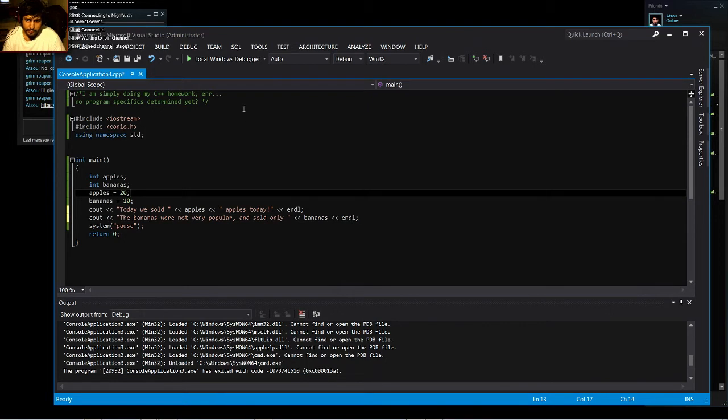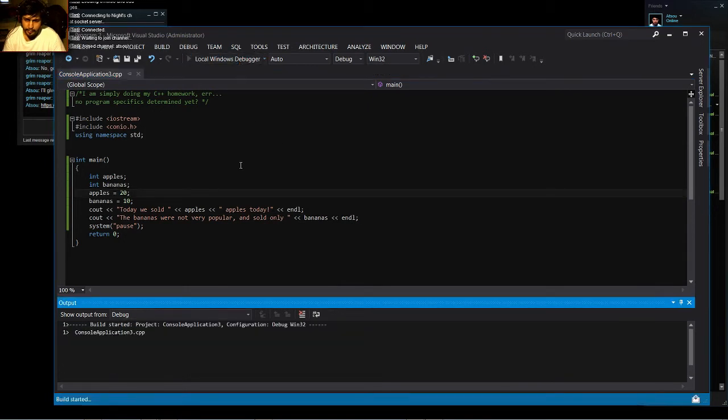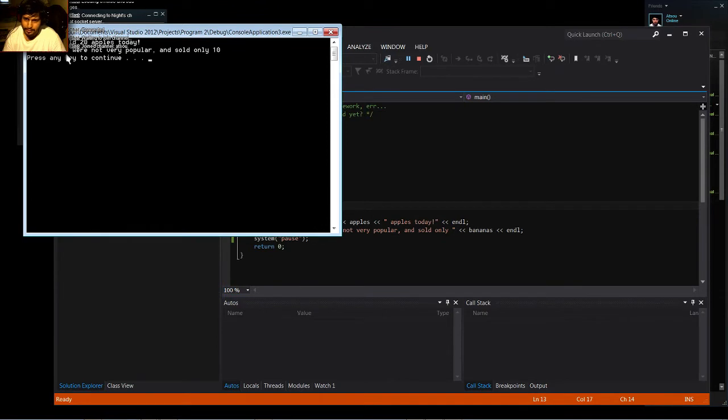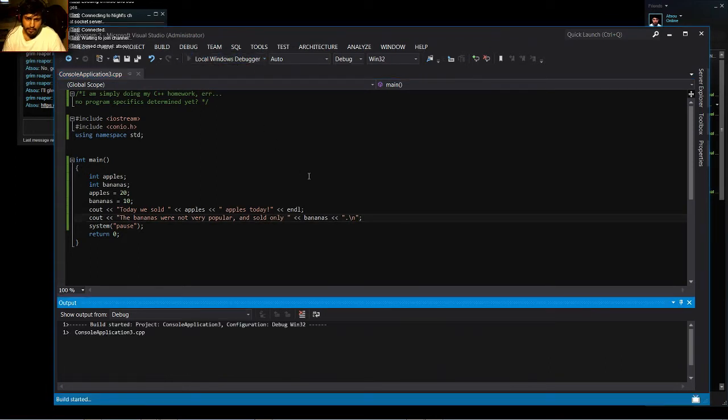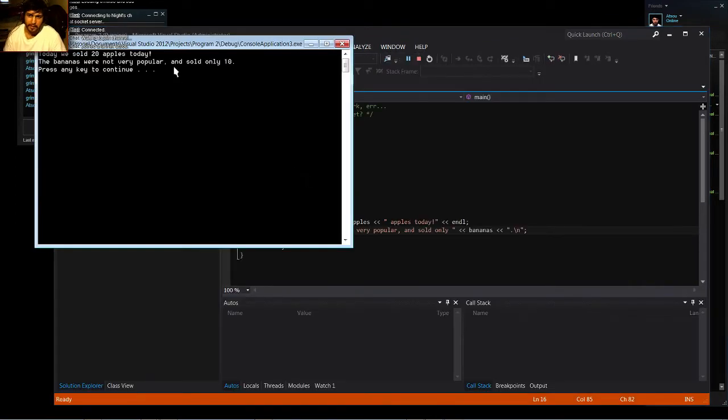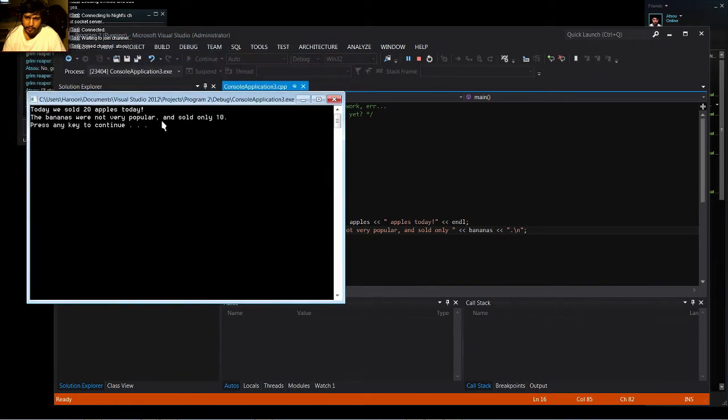Okay, we got it. So now it's going to show it properly instead. See that? That is good. Now it is: today we sold 20 apples. The bananas were not very popular, and so only 10. And it has the period at the end there too. Kind of silly, but